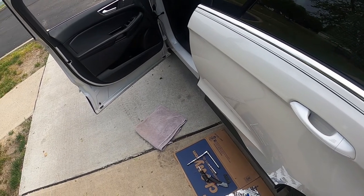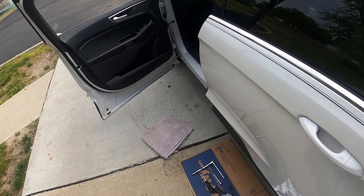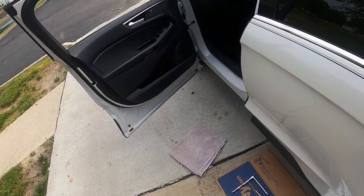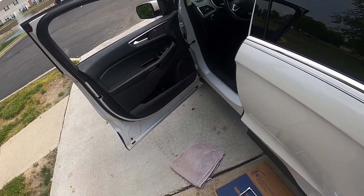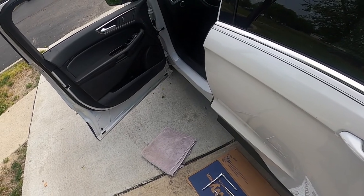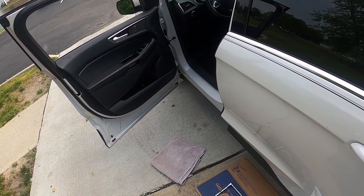The good news is this is not a very technical job. There are many people that can do this without any issues. I know it can be a little intimidating because all the electronics are in the door and you've got the buttons and switches, and you may be a little concerned about that. Don't worry about it. It's really not that complicated,